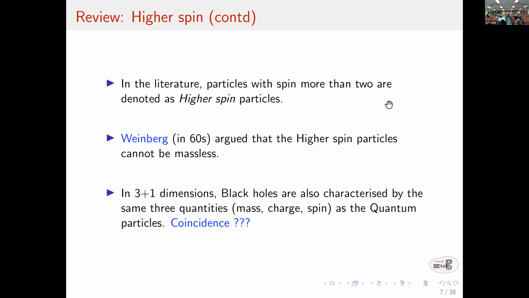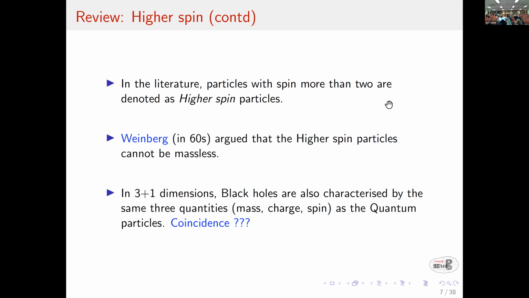This is written somewhere. This is in Weinberg. I don't think it's in Weinberg's notes, but he basically stops at spin 1. I don't think he wrote it, but if you just follow the steps, it comes out that.